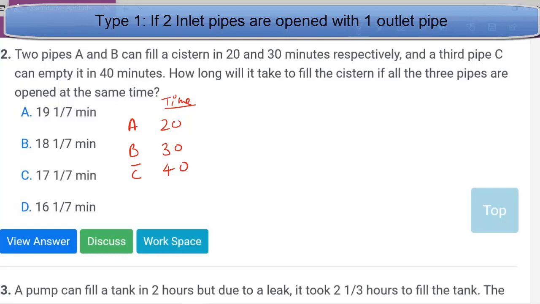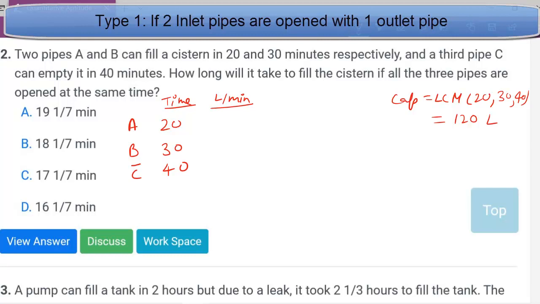And we should assume the total capacity of the tank as the LCM of the individual minutes. So capacity of the tank should be assumed as the LCM of 20, 30 and 40, which should be 120. So 120 liters say is the total capacity of the tank. And now the same way we used to write the work per day in time and work questions, here we should write liter per minute